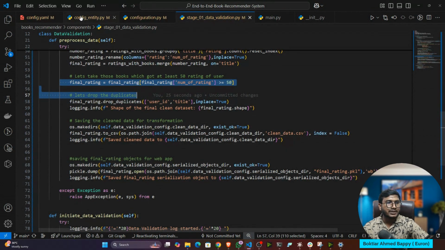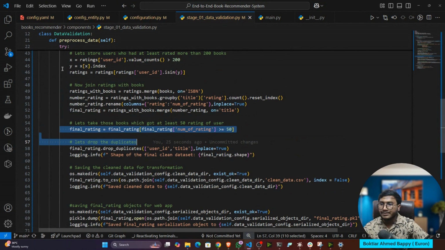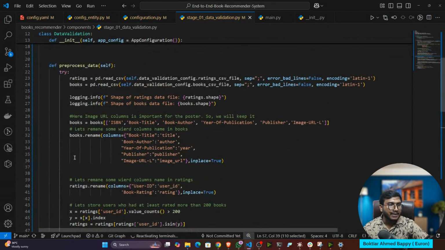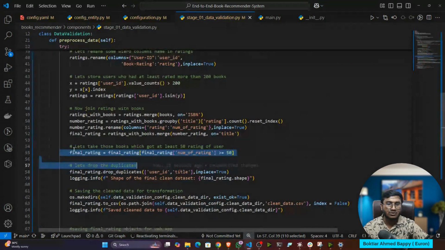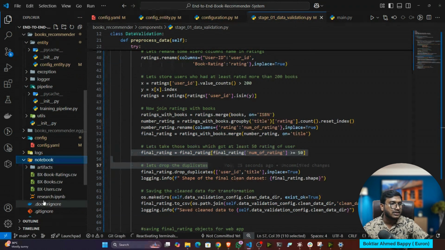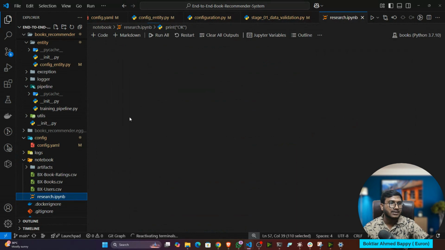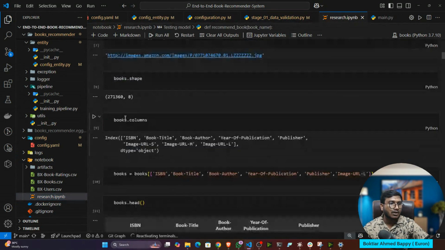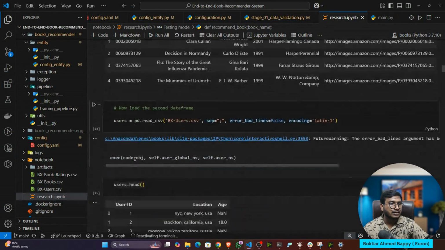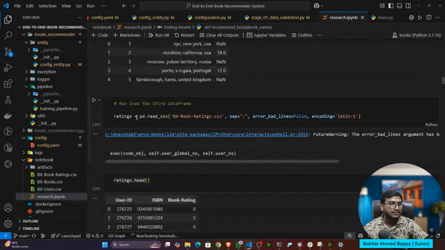If you open the Jupyter notebook, you will see that I have done the same thing there. Only the change is that I have written it inside a method, whereas there I wrote it directly in the Jupyter notebook. That is the difference. I copy pasted the code from my notebook. So let me show you my notebook. So here is my notebook. Okay, see here I have done the same thing. I have loaded all the files. Okay, then I have renamed, you can see I have renamed.